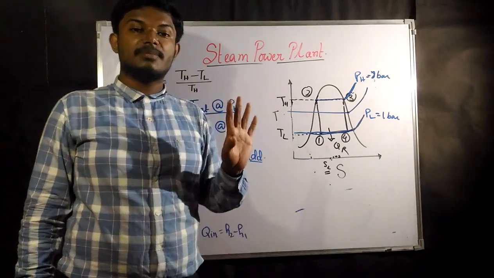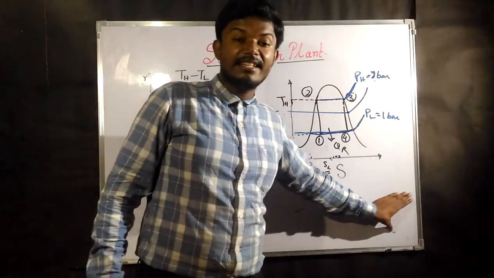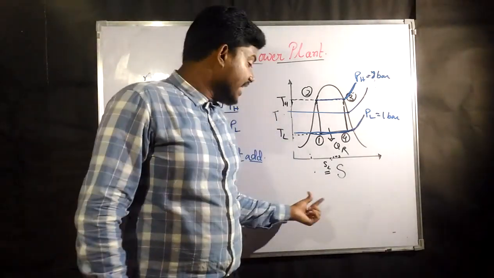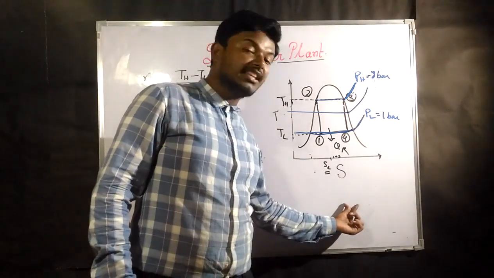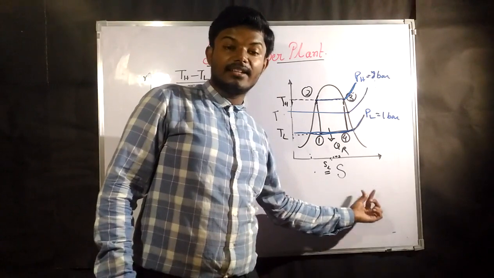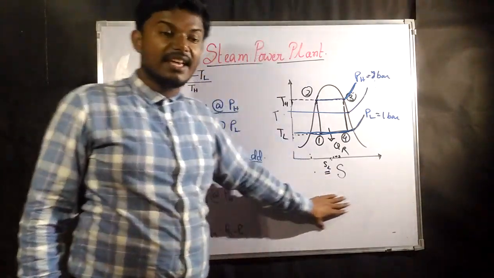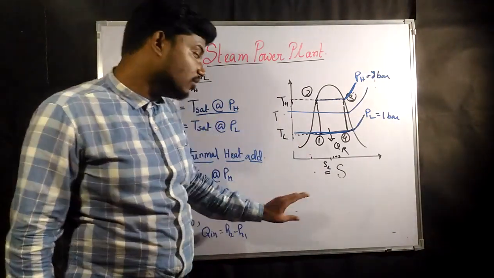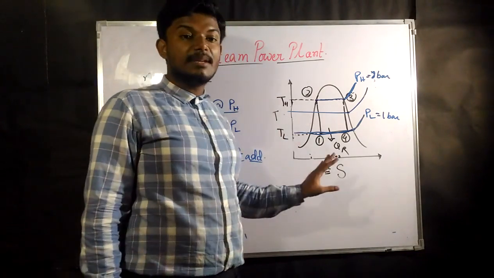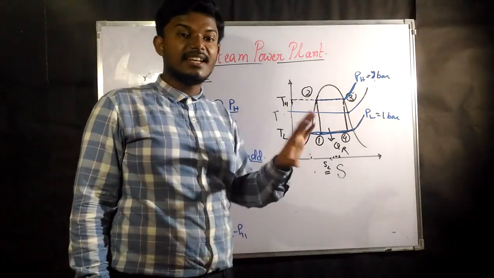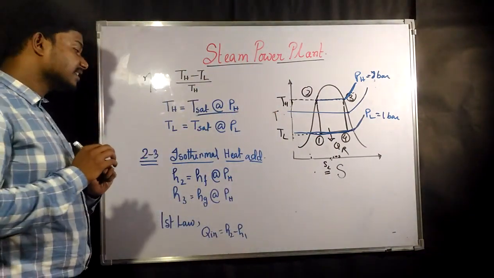Everything is supposed to be found from the steam table, but in GATE you do not have the time to find it from the steam table. In GATE they always provide the table. In that table they mention that at 8 bar pressure our saturated temperature is this, our enthalpy value is this, entropy value is this, internal energy value is this, specific volume is this. Whatever is needed, they always provide it in the question. You need not find it from the steam table for GATE, but you need to understand what a steam table is, and how to find values from it.